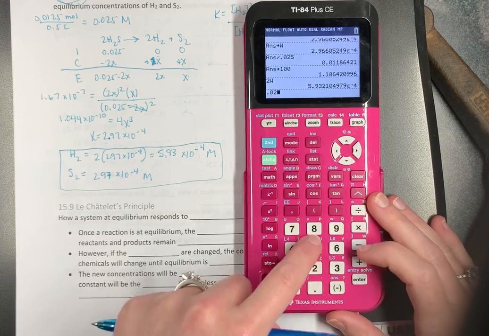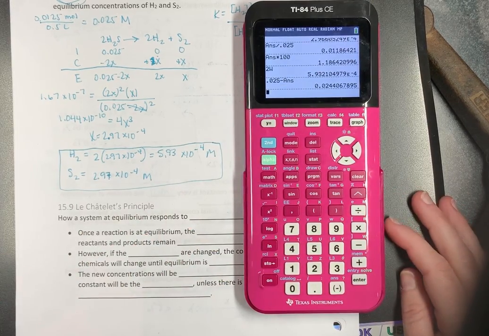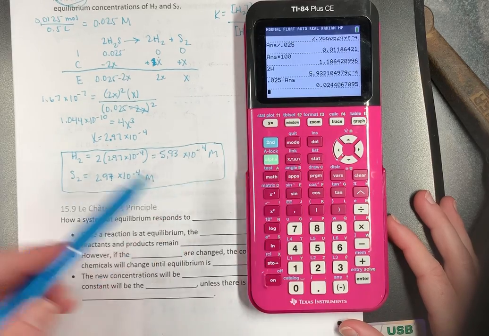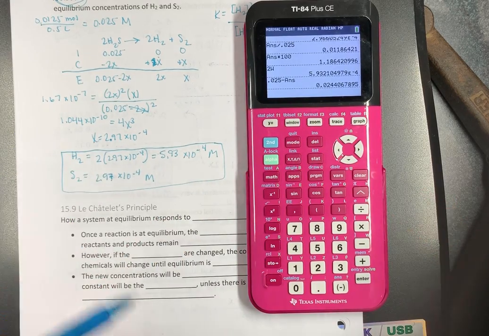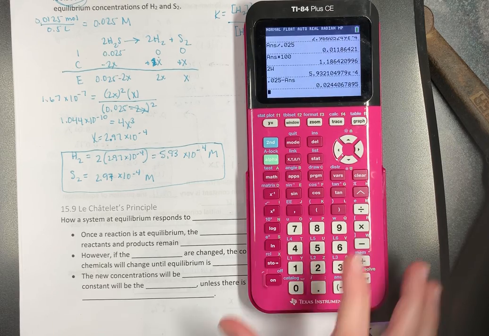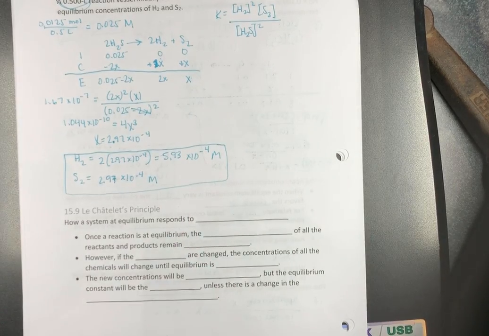So if I did 0.025 minus that answer, it goes down maybe by 1/1000th. Do we agree that that's basically the same thing? That's why you don't have to do the hard math. Shortcuts. Use the shortcut. The shortcut makes your life much easier. I don't expect you to fully understand it at this